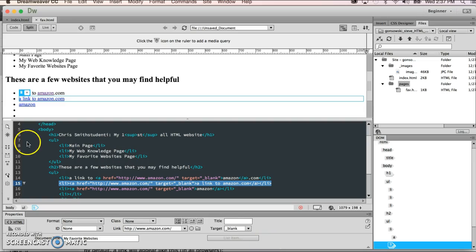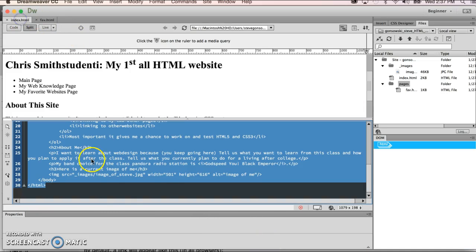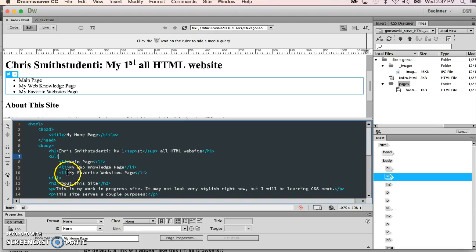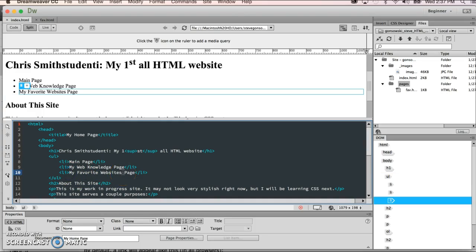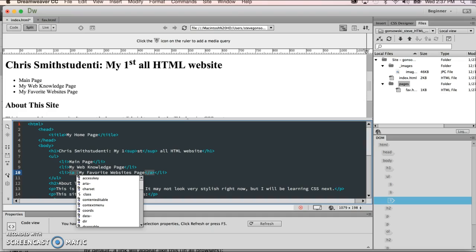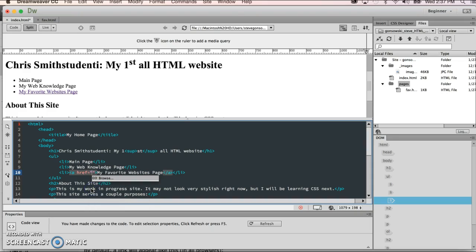Back into Dreamweaver. Let's go to the index page. Let's start there. And let's go up to the list item that takes us out to the favorites. Start with our A tag. And what the heck, let's just go ahead and close that A tag right away. And now to make that actually work, we need to put in our attribute. So if we put a space in there, good old Dreamweaver's ready. If I type in the H, should give me the shortcut to the href, double click on that, and then